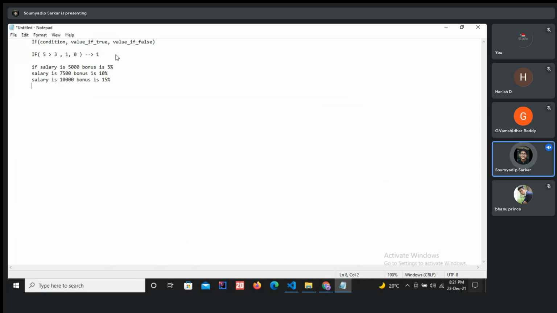And what is the return type of the bonus? Bonus is a field which has a return type of percent, because you are giving in percent, right? So the return type of the bonus will be percent. Now I have to construct the formula. So first of all, I will be checking the condition. If salary is a field, I can insert the salary field. I'm checking if salary is greater than or equal to 5,000,